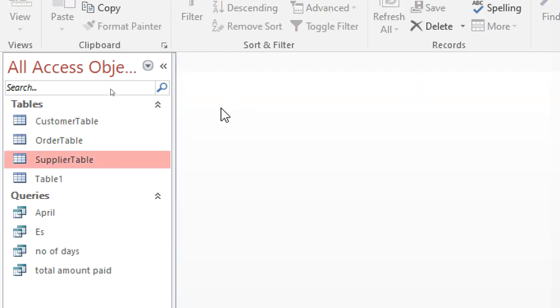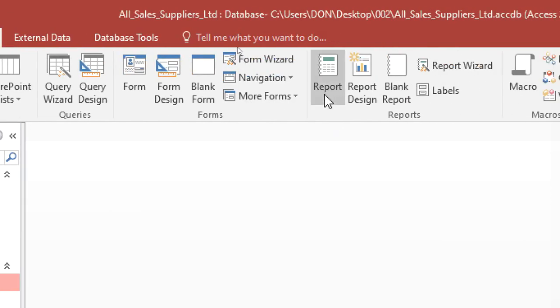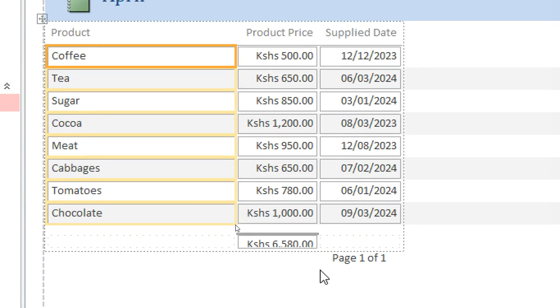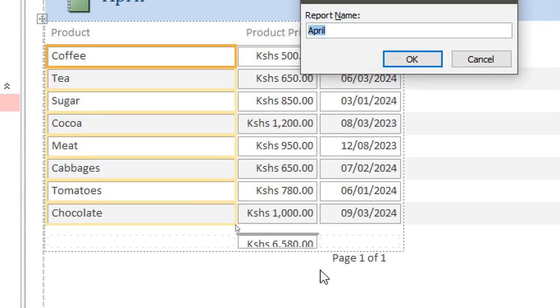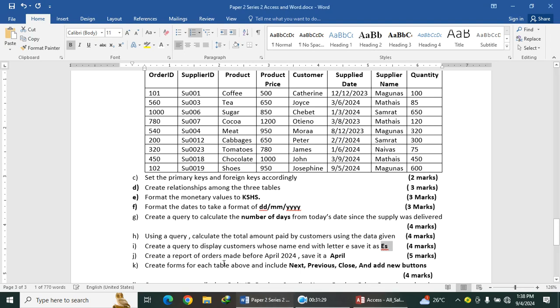If I run that, so I just click on April, then go to create, then hit this button, report. It produces the report automatically. So you just save the report as April. Then the next question is